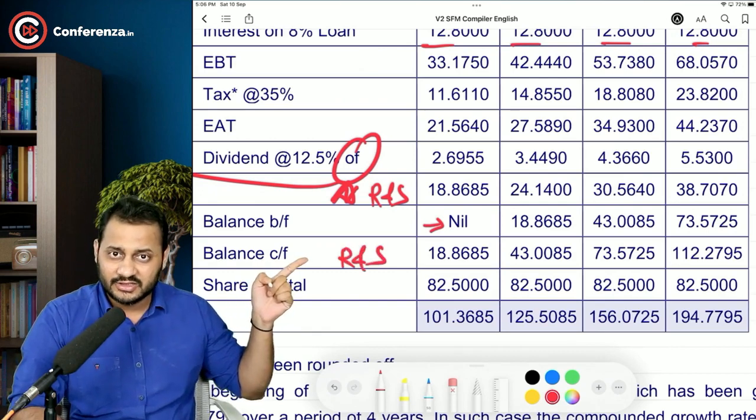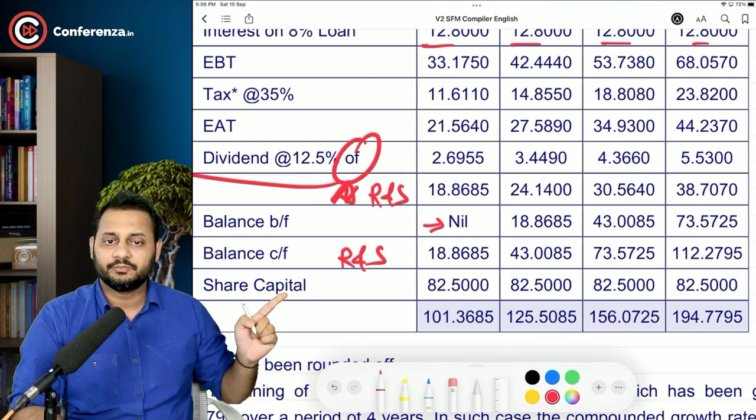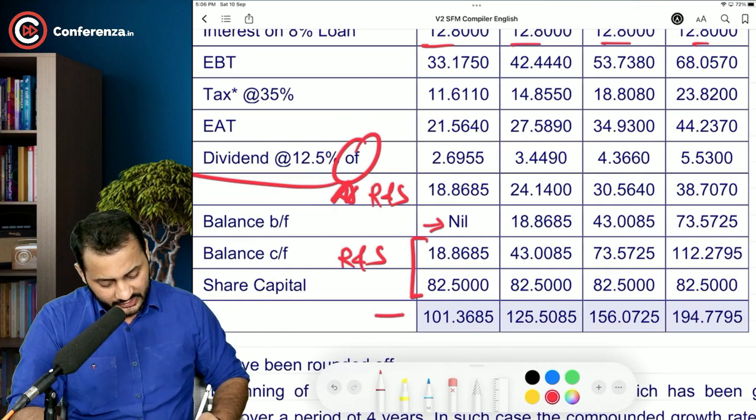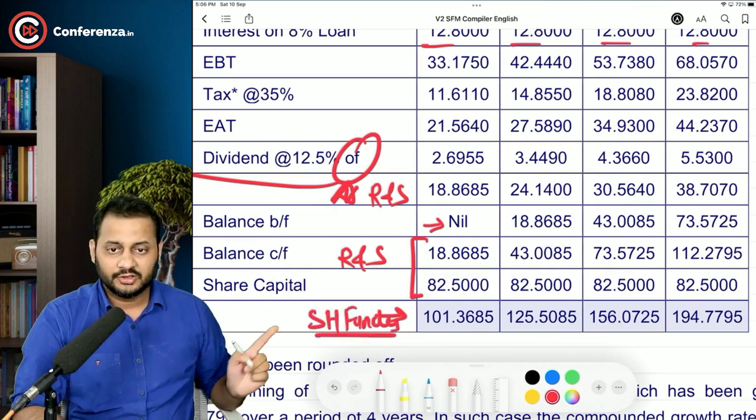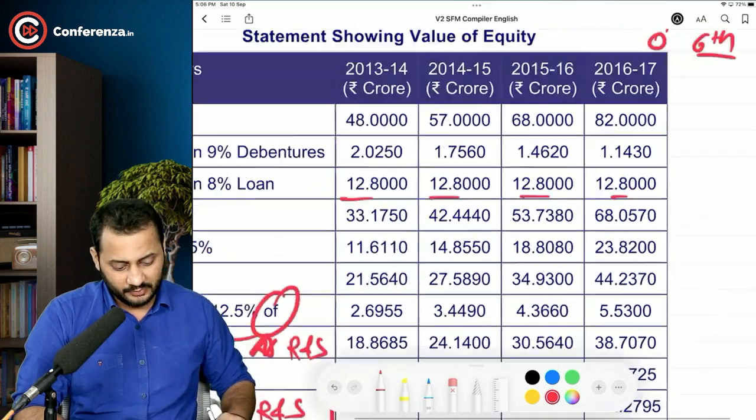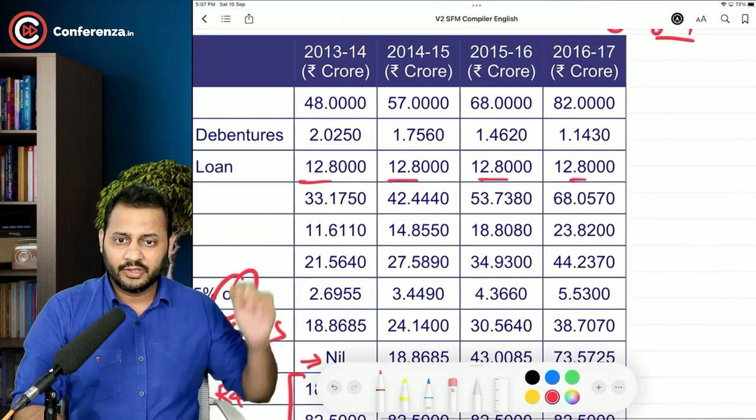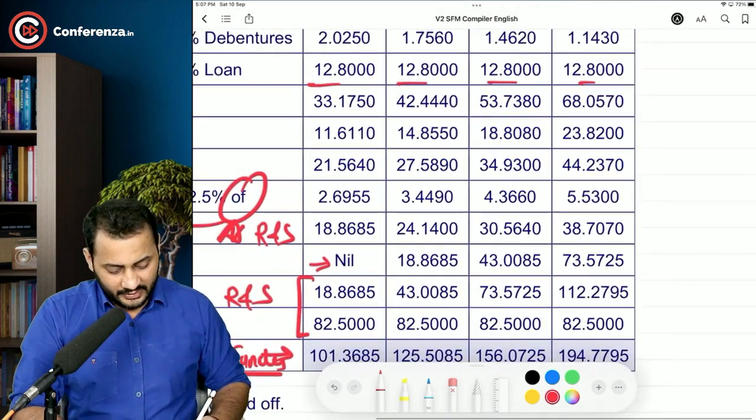So this is reserves and surplus, this is share capital, and the total of these two is the shareholders fund, shareholders equity. Now coming over to the second year, we are going to repeat the process and we will be left with the